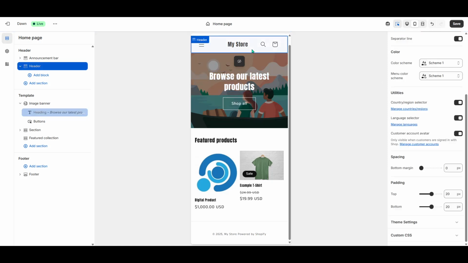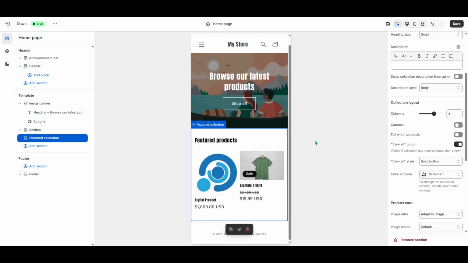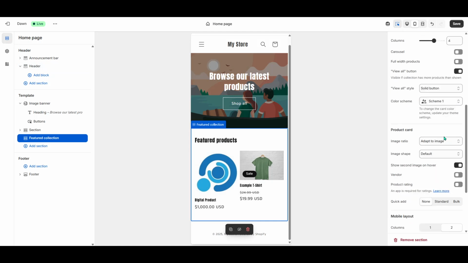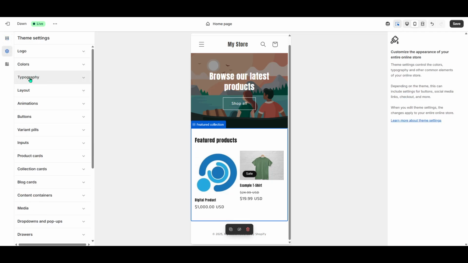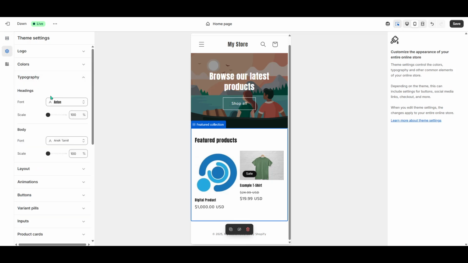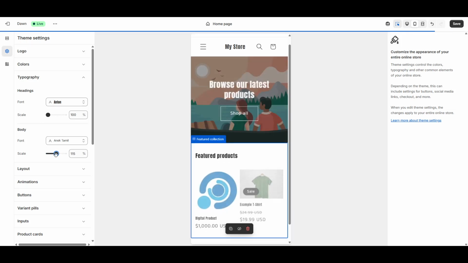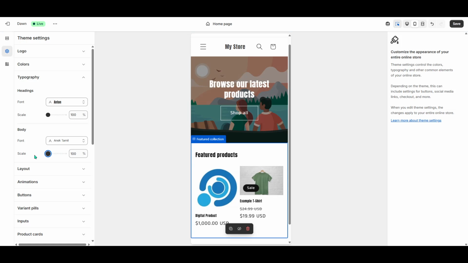If you're looking to take customization a step further, you have that option too. For more detailed font size customization, turn your attention to the left panel. You'll see a gear icon which leads you to the theme settings. Click on it and then select Typography. This section offers a treasure trove of customization options where you can adjust the scale of all fonts across your site. If you're keen on giving your store a unique look, you can also change the font styles here. Play around with the different options to find a style and size that fits your brand's personality and ensures readability